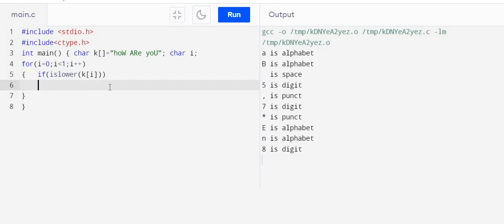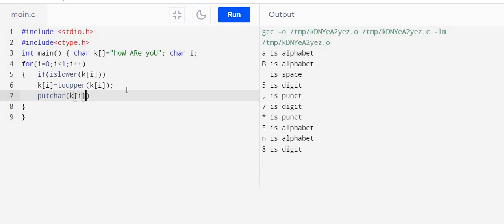So the new value of k[i] is toupper of k[i]. So if k[i] is lower, then make it upper. If k[i] is already upper, then don't do any change. And after that, we have to print that. So putchar k[i]. So whatever is the k[i], that will be printed.